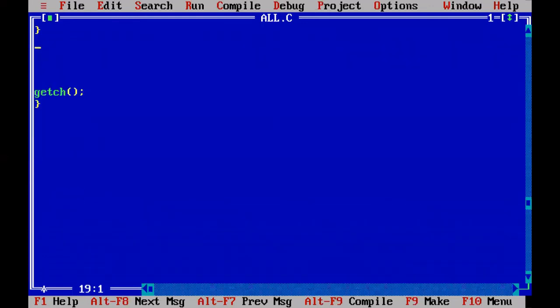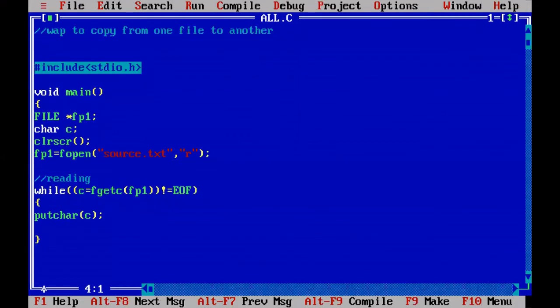Right. Go to the program. First we have to open one file. What is that file? Source.txt. We are opening in a reading mode. Whenever you are reading from the source.txt by using this one, we have to put that same data into the other file also. So we are reading from source.txt by this code. You see, reading the one character from the FP file pointer and storing it into C, printing the same thing on the monitor by using putchar C.